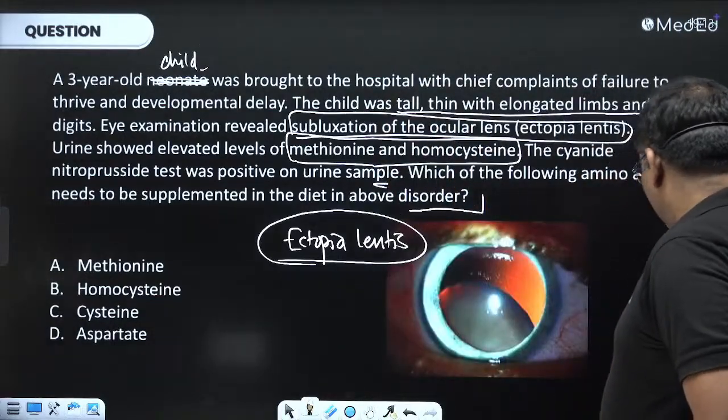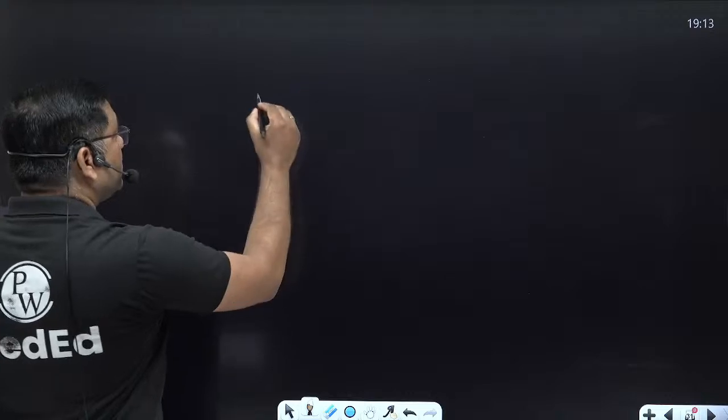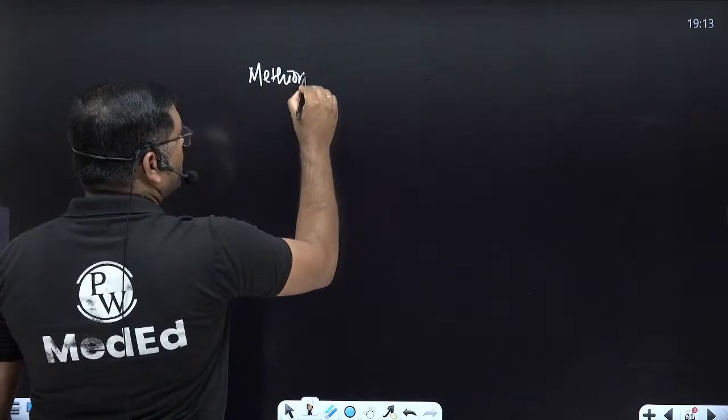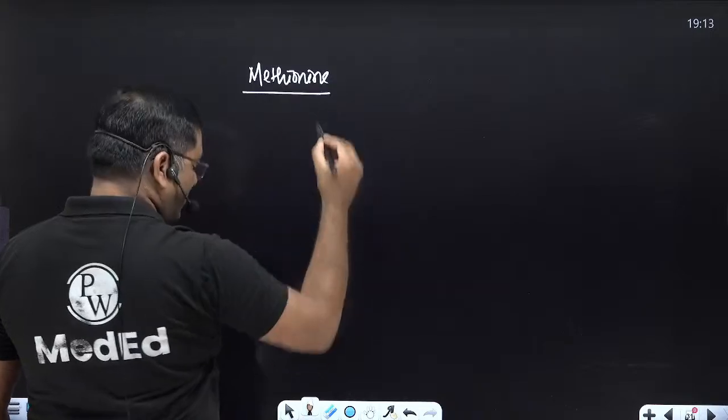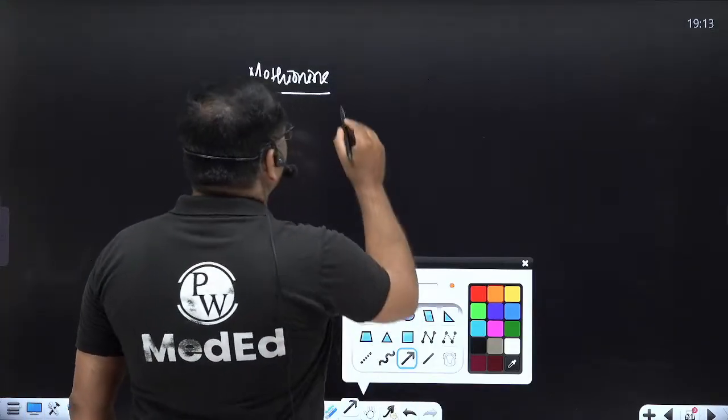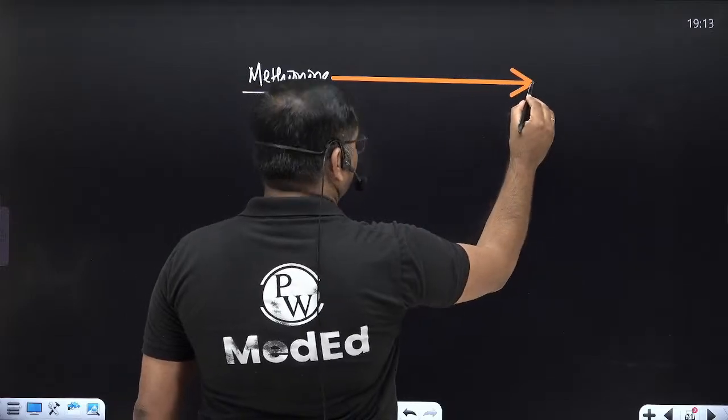See here, this diagram, this pathway is very important. Now see here, in methionine metabolism, we will discuss in short this methionine metabolism. In the methionine metabolism, methionine is converted into,